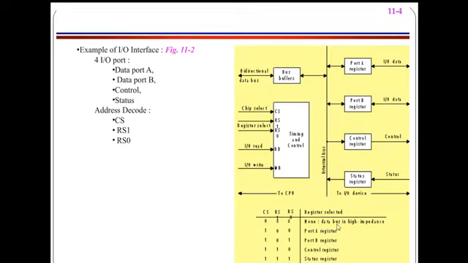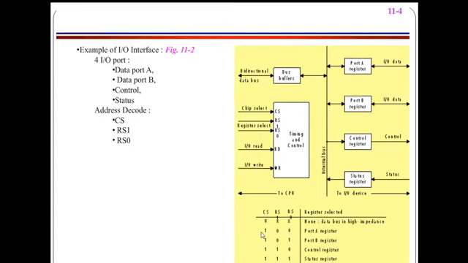Now if you see here, I have port A, port B, port C, an example of an I/O interface. We have control registers and a status register. Here we have a timing and control unit and bus buffers. Chip select and register selects are available, register select 1 and register select 0. There is I/O read and I/O write bar, which are given to the CPU. When the chip select is 1, only then is this particular I/O interface module active. If it is 0, irrespective of the register select, it doesn't work. It goes into the high impedance state.